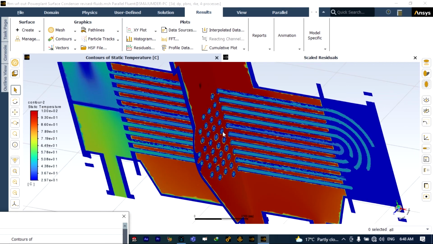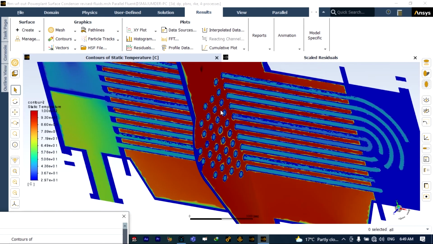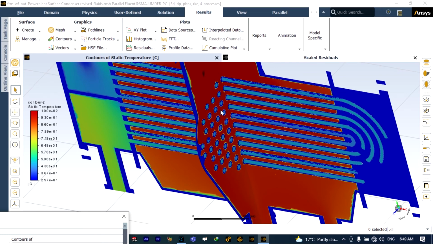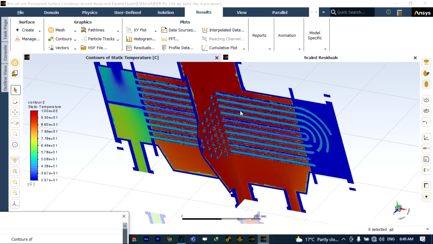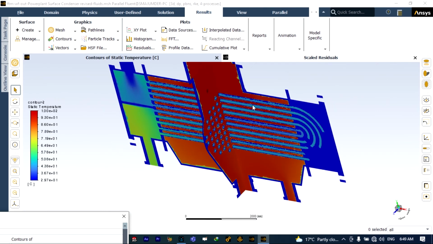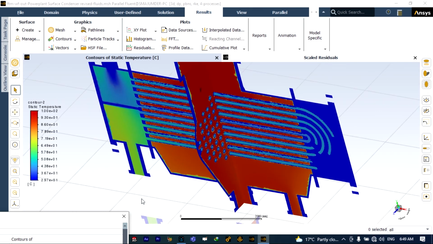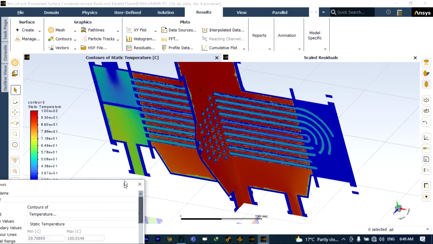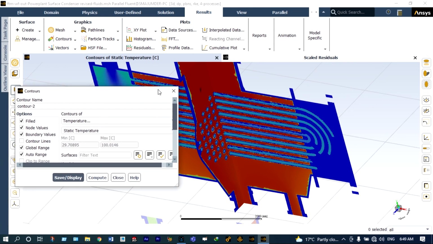At the same time, we can see temperature through the pipes of cold water. It remains almost constant. And we can see that temperature through these pipes is in the range of 43 to 50 degrees centigrade approximately, which is given by the blue color region, right? Let us close it, and when you see pressure distribution,